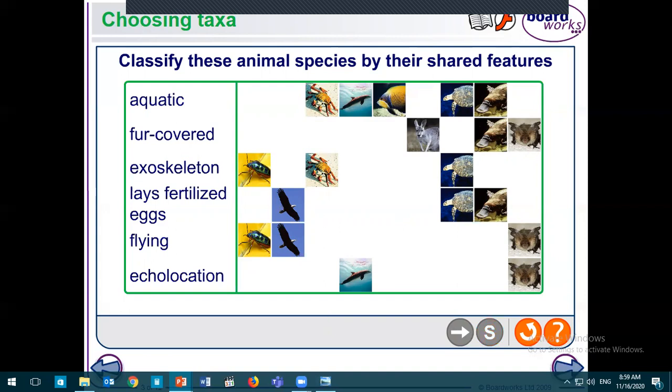Because some are mammals, some are not. So why do we put them in groups? Why is it useful for us to put them in groups? I just did that at the beginning of the session to make it easier for us to study them. Okay, so yes, if I want to study about dolphins, now I know that dolphins is an aquatic organism,